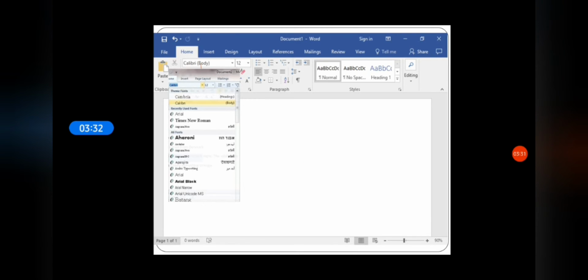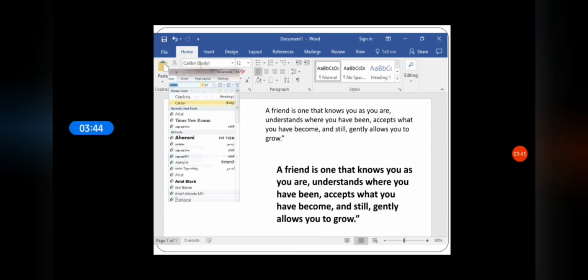One can change font type of the typed text by selecting the required font type from the drop-down box in the Home tab as shown and can get more attractive document.